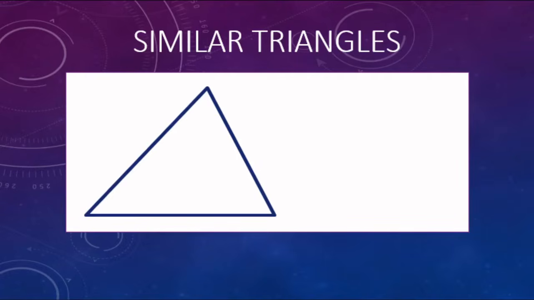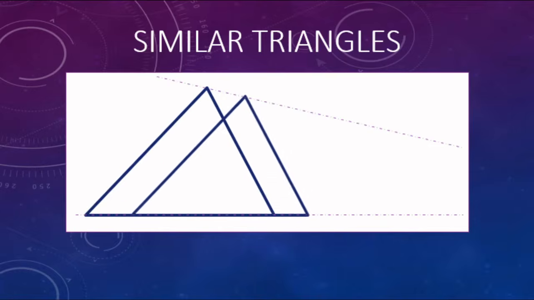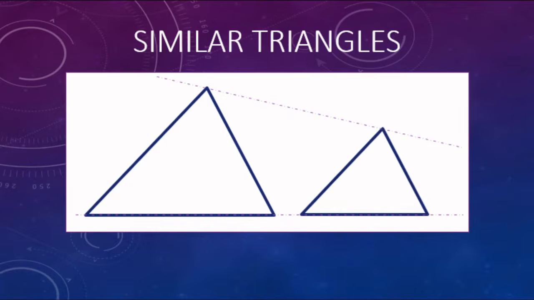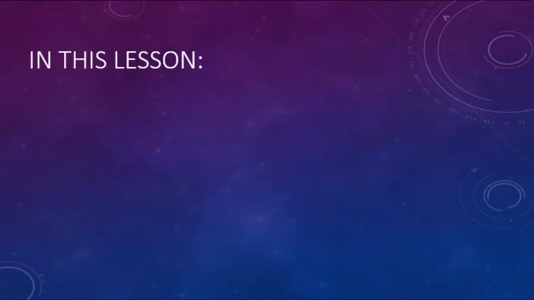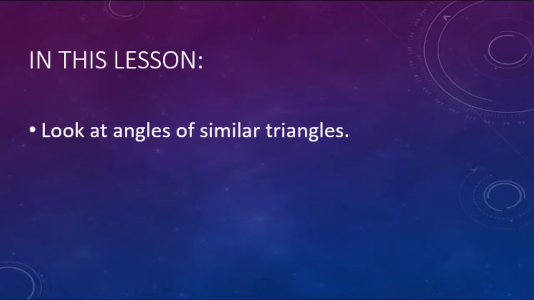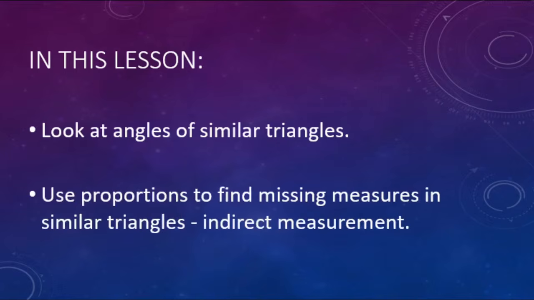All right, so in this video, we are going to be looking at similar triangles. Now, similar triangles come from a dilation. When we have dilated triangles or polygons, all the corresponding angles are congruent. In other words, they're equal in measure, and also the sides are proportional. So that's what we're going to be looking at in this video here. We'll be looking at the angles of similar triangles, and we'll be using proportions to find missing side lengths in